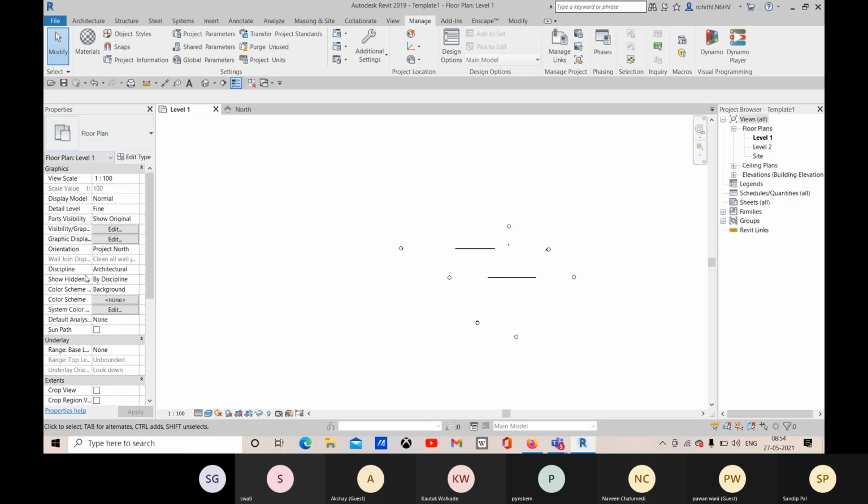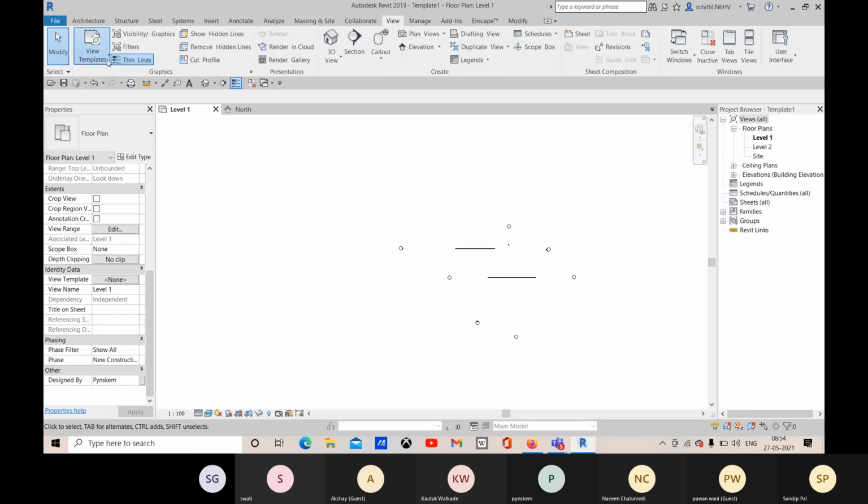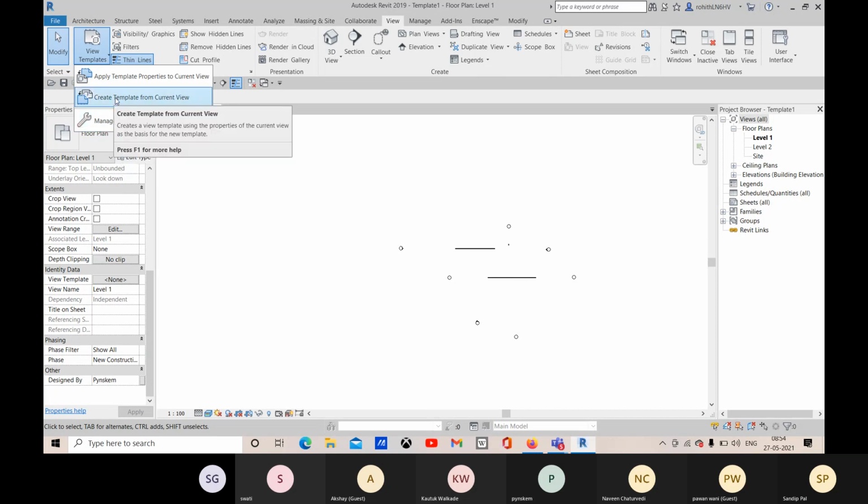All right, so after setting all these view properties, we will apply view template. So here you see under this identity data, we have this view template set as none. Right now, no view template is selected. So we can come to this view, and here we have this view template, and you can go to this manage view template, or you can go with create template from current view.